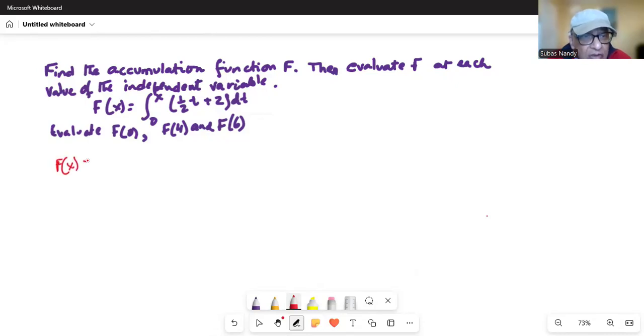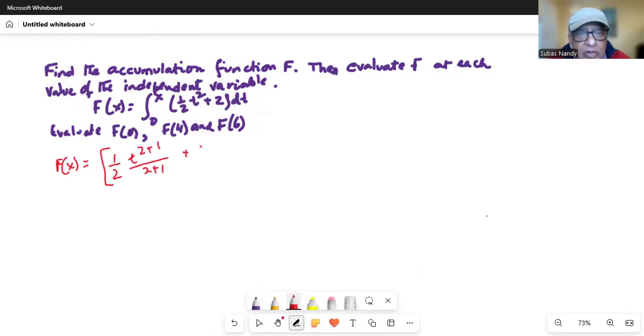F of x is equal to half. So I'm doing the integration right away. T, so when you integrate, it becomes t, currently is power 1. So it becomes t, actually this is t square, my mistake. So let me fix that. This is t square. Okay. So this is half t. Currently, the exponent of t is 2. When you integrate, the exponent becomes 2 plus 1, and the whole thing is divided by the same exponent, 2 plus 1,